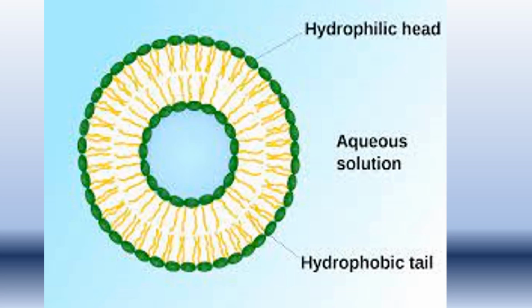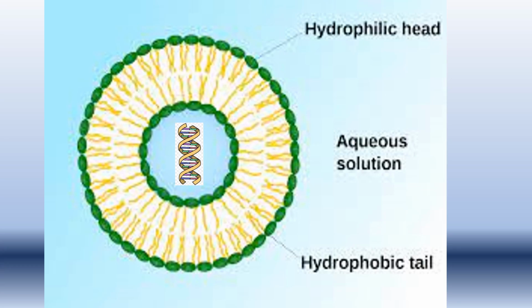But there are some molecules which are polar at one side and non-polar at another. So, when they are exposed to water, the polar sides get attracted by the water and the non-polar sides are not. So, they form microscopic spherical structures called micelles, where the polar sides are on the outer side and the non-polar sides are on the inner side.